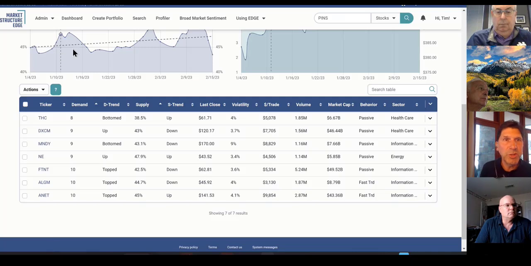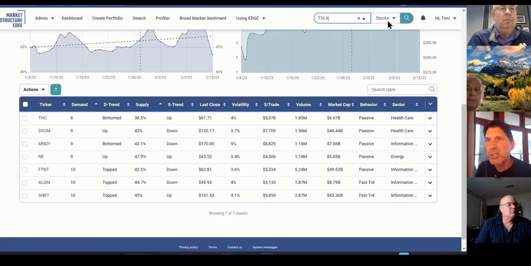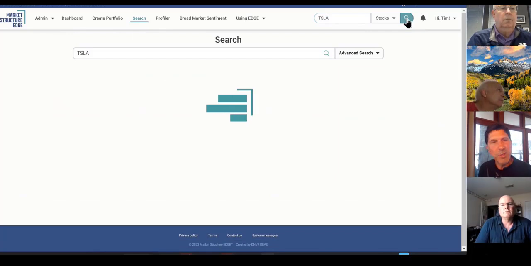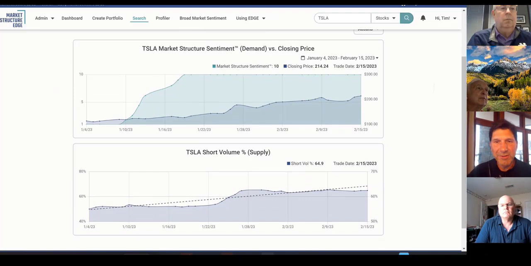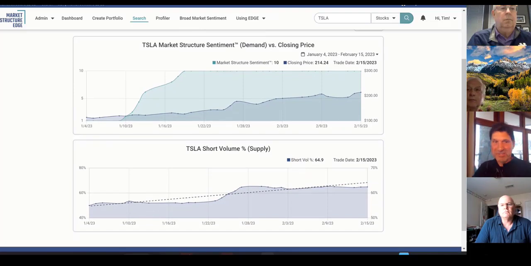So you can go do your own. I mean, here's what you should do. If you are buying and doing your own research and coming up with stuff, let's say you love Tesla, well, just make sure that before you buy or sell it, that you think about what's the supply and demand. And Tesla is pretty extraordinary, right? This is where it took off. Strong demand all the way to 10, insufficient supply. See how that's divergence. And that creates movement in price.